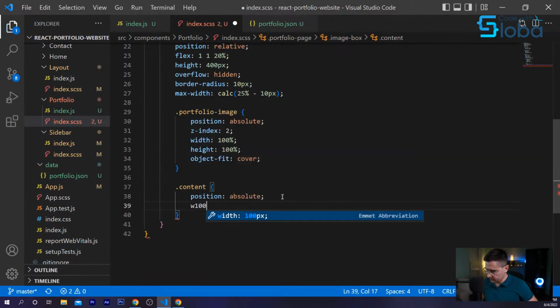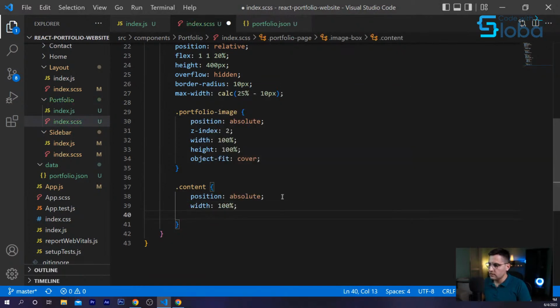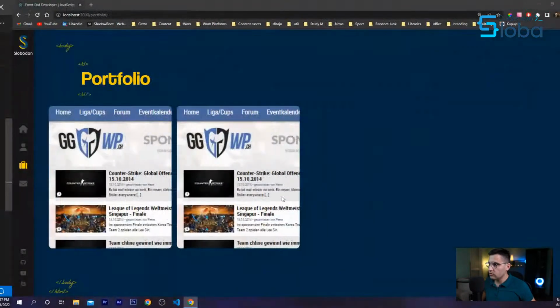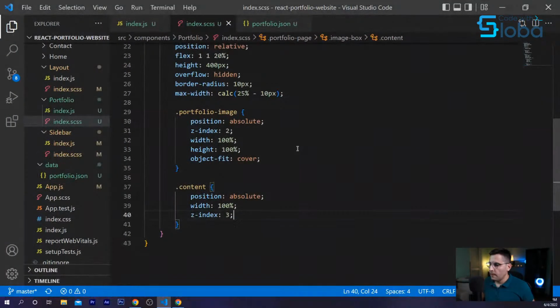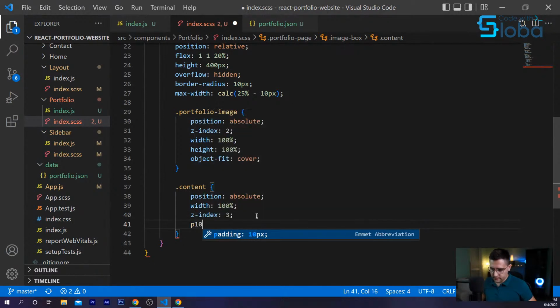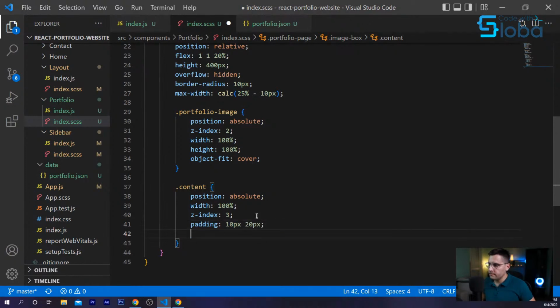Width set to 100%. Let's put z-index 3 because we are using 2 on the image, so it's on top of it. Now if I go, it should be visible here. Let's add some padding. Padding 10 on top and bottom, and 20 pixels left and right. Okay.